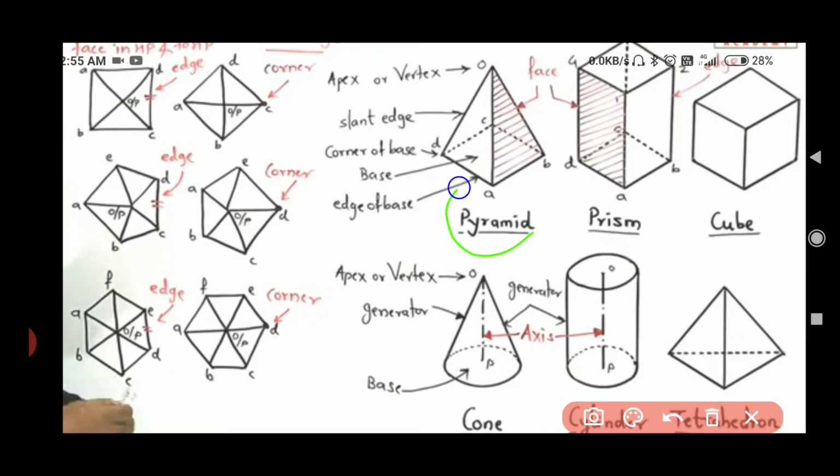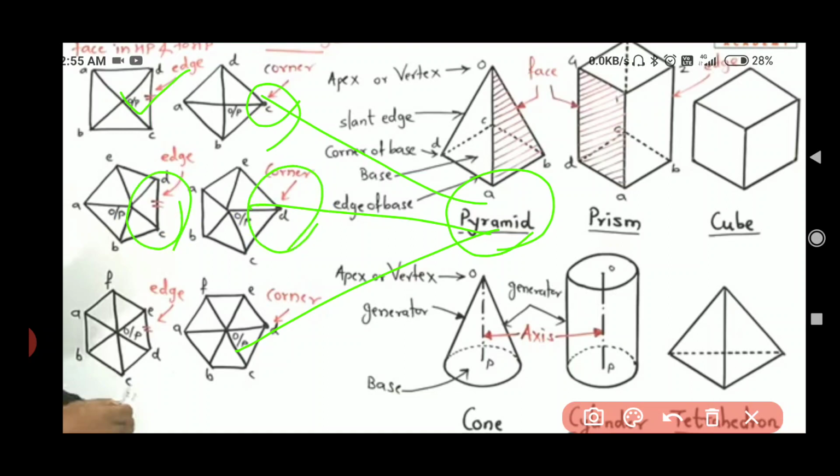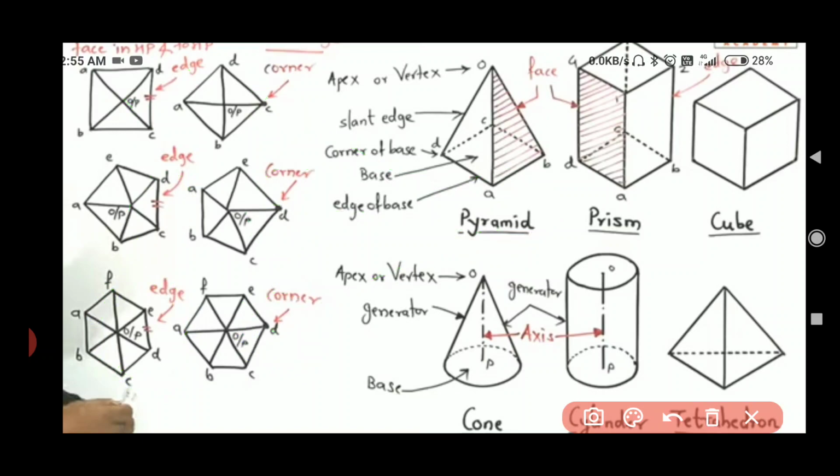I discussed this with the pyramid: square, pentagonal and hexagonal, with different sides. If the side is in a corner, and if the corner is in a corner, this side of the pentagonal, this corner of the pentagonal, this hexagonal side. And one more thing: if a question says that this side and this plane, like this, is inclined, this triangular face is inclined, and that triangular face is this one, then also you have to make the placement like this.